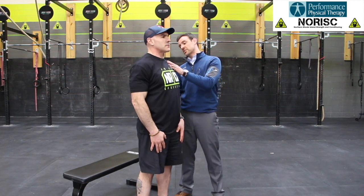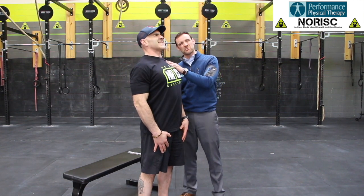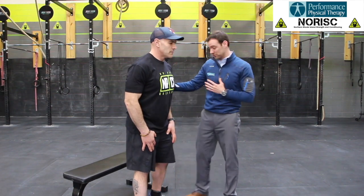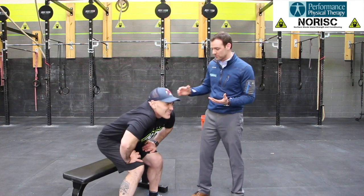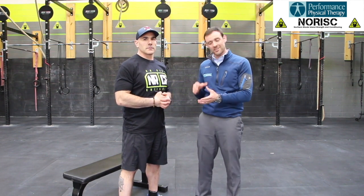Same thing if we look at extension. You go back, nice smooth motion, versus somebody who's feeling pain and they're going to be really restricted. And lastly, we'll see how you're moving. When somebody's sitting down and they're in pain, the right muscles aren't doing their job, we might be moving a little bit differently. We're going to use our hands-on techniques, some manual therapy to decrease pain, to improve your motion, and maybe a few simple corrective exercises to get you moving again so you can start to think about returning